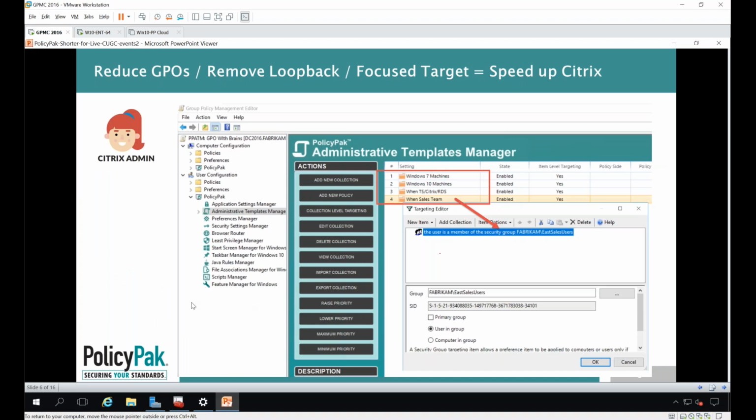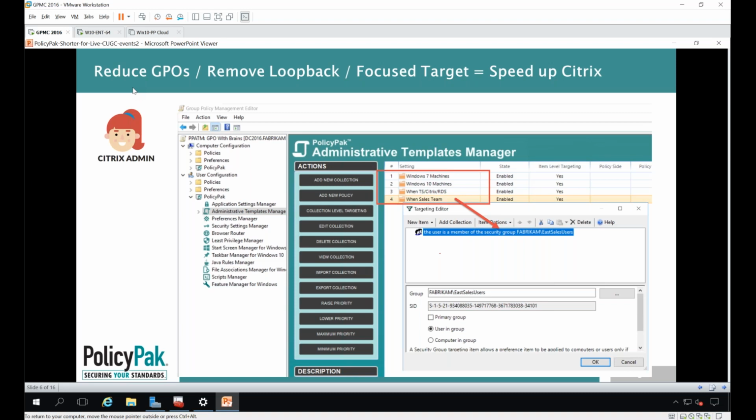Cool. Yeah. All right. Here's yet another one of my favorite features: reducing group policy objects and removing loopback. Okay, let's take a big deep breath. If I were to poll all the people in the audience and I said, who has the, I call it, too many freaking GPOs problem, I bet almost everybody is going to raise their hand. And then the second question is, who here completely hates loopback and has it on in too many places? I bet the exact equal number of hands would go up. Oh, yeah.